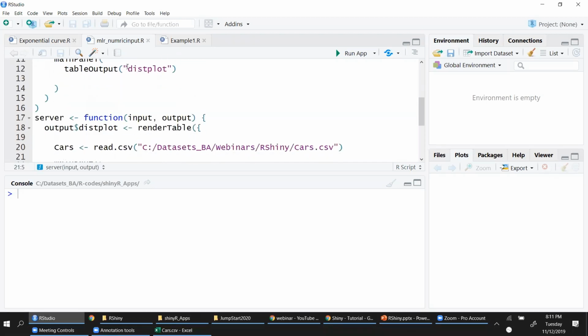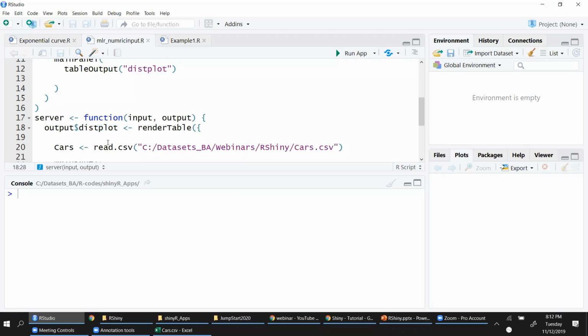Then we have the server function. I'm passing input and output, and I'm saying this is my variable, right? Output variable, which is defined here. I'm passing this variable here in UI.R or user interface code. That user interface code output variable is defined in server.R.